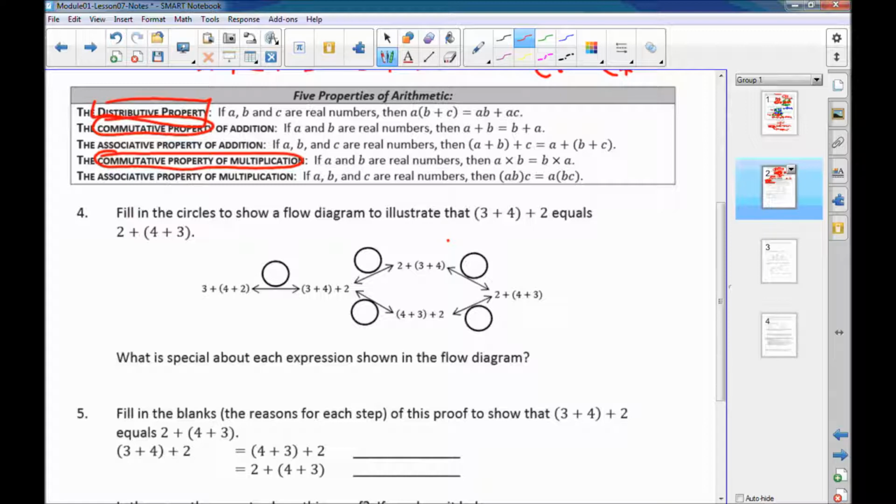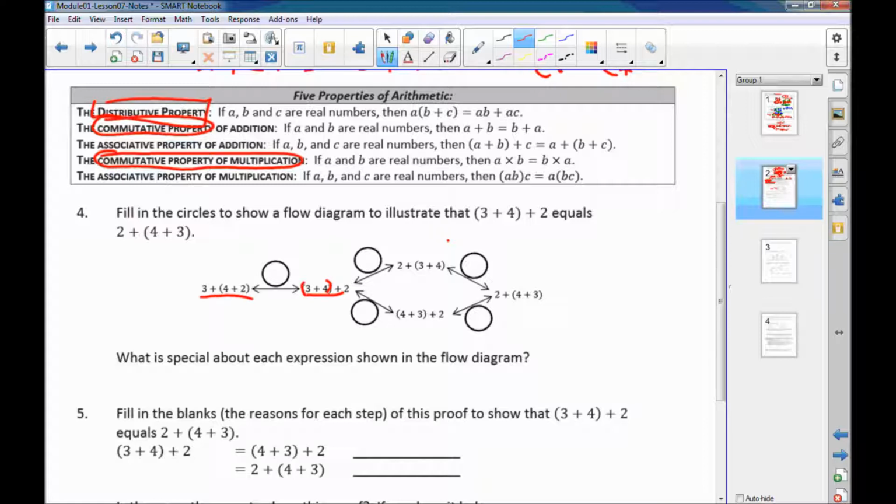plus 2 equals the same as 2 plus 4 plus 3. Okay, so we want to show what's going on. So this is what we started with, 3 plus 4 plus 2, and that was right here. Okay, so we're going to show all the things we could do. So think about this. This is 3 numbers, and they're all combined with addition, and we have some parentheses around